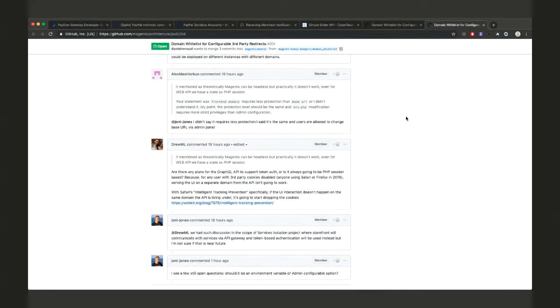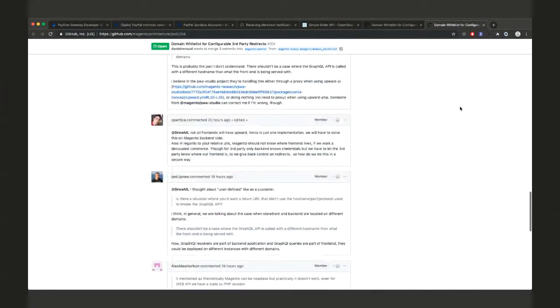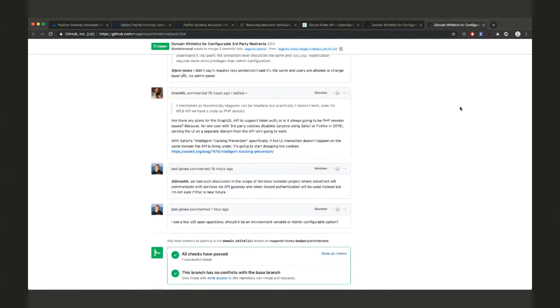The problem is that if we already released the payment and we don't do something about it, we have to revert all of them. Or limit the URL input to just the root and use the host name as configured in Magento. So we have to do something about it.